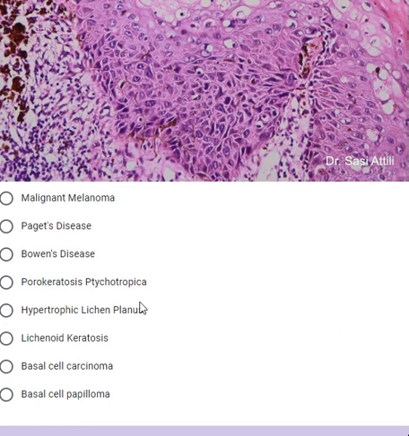Hypertrophic lichen planus, I've already explained. You should see a much denser lichenoid infiltrate, and atypia is not this intense. Lichenoid keratosis is a term used when we see lichen planus-like histology, and we can't see an original precursor lesion. This is not lichenoid keratosis. This is not basal cell carcinoma, and this is not basal papilloma either.